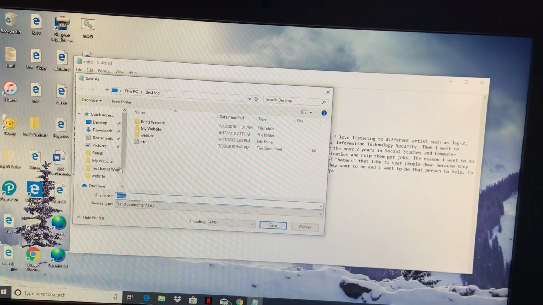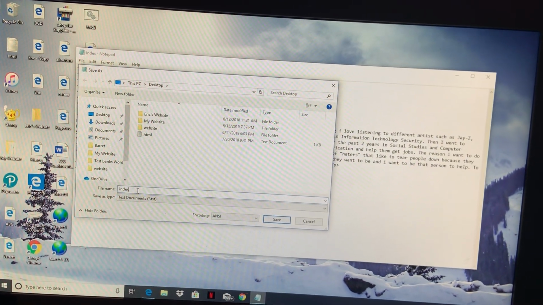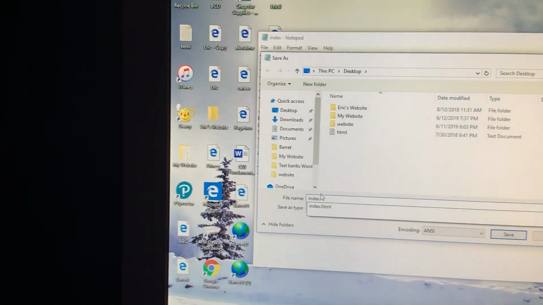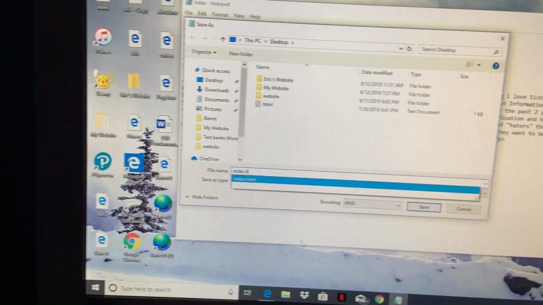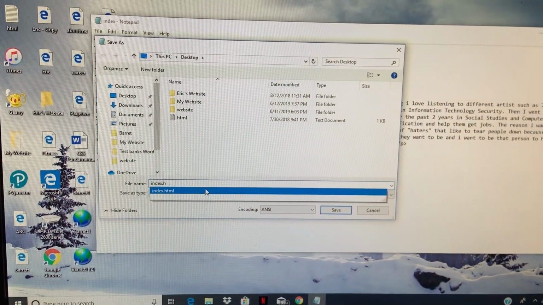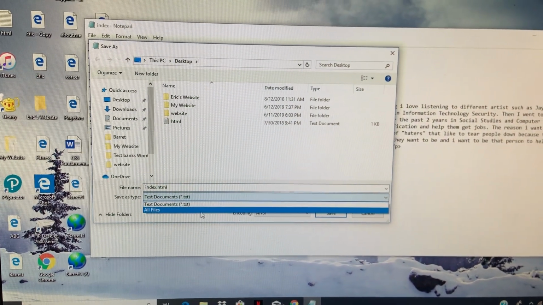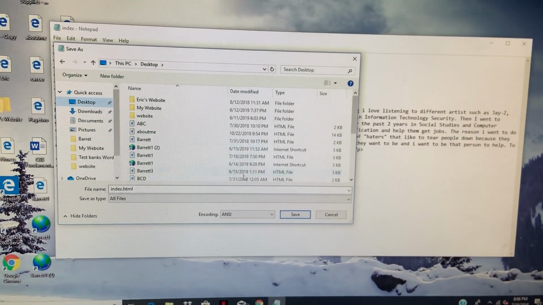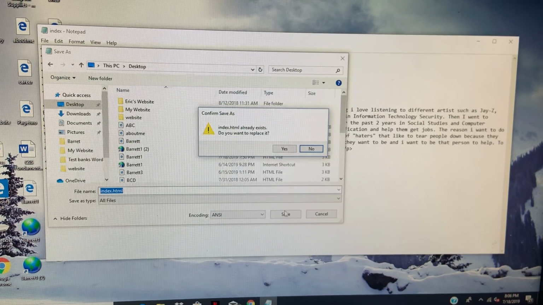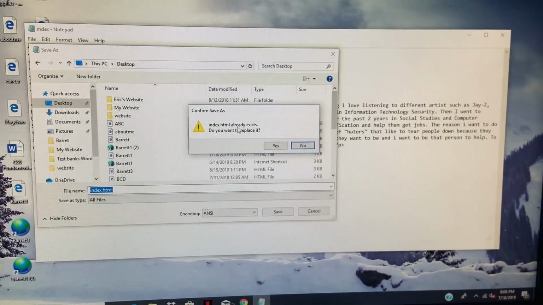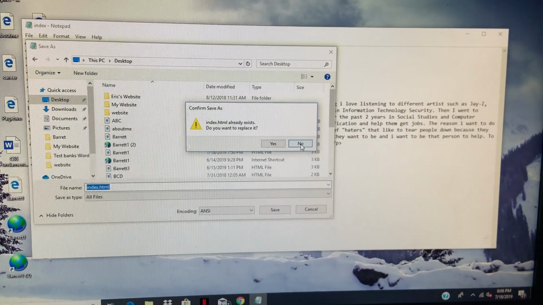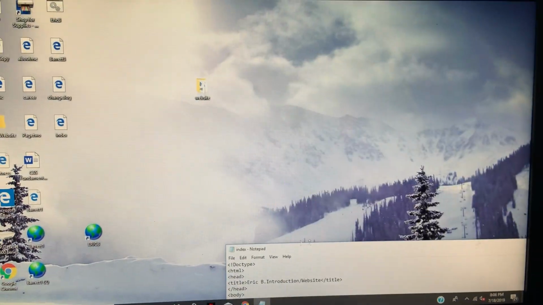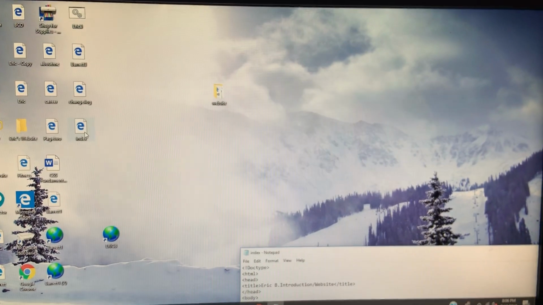Then I'm going to show you how to save. Hit Save As. You put whatever you want to save it to. I have index.html. Make sure you save it as All Files, and make sure you save it under Desktop so it can appear. Since I already have it, it says it already exists. Do you want to replace it? I'm going to say yes. Then hit index,